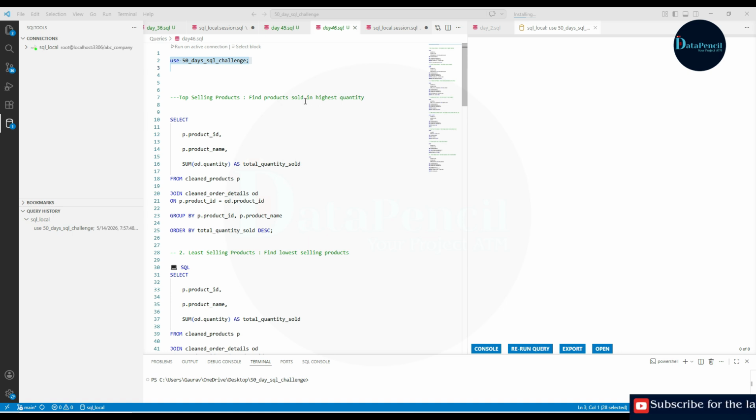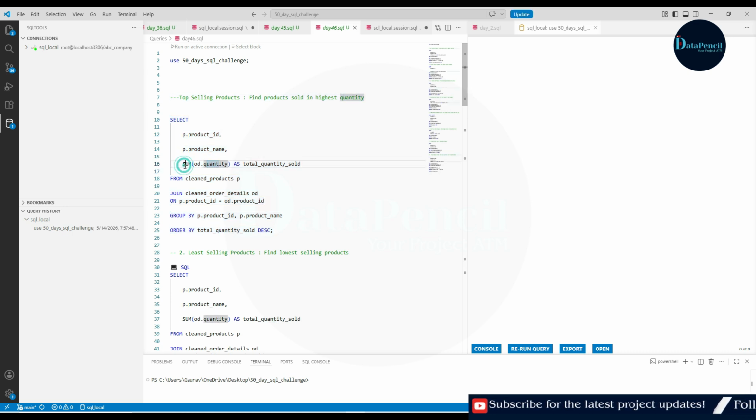So how can we find such products that have been sold in highest quantity? So to get the quantity we need to do the sum product wise. Like if product ID is 101, then we have to do the sum of all the quantities that has been sold for that ID which is 101. Okay, so how can we do the sum? We can use the sum function for that, and this sum function will be applicable to the quantity, correct? But we want this sum product ID or product name wise. We want the sum product wise.